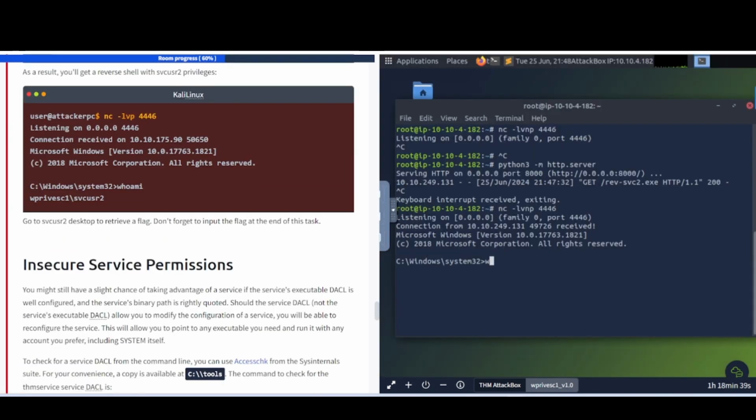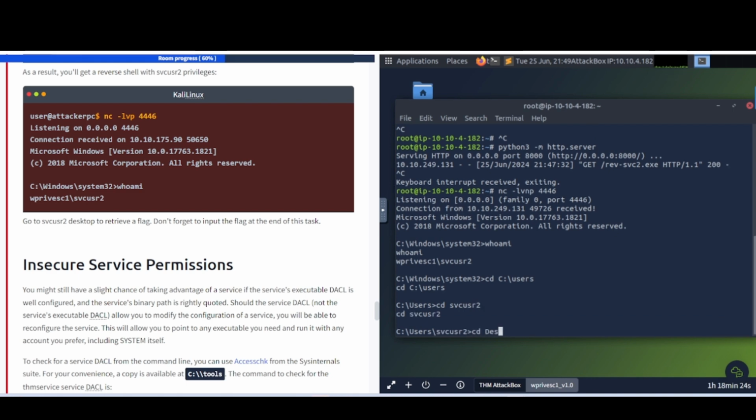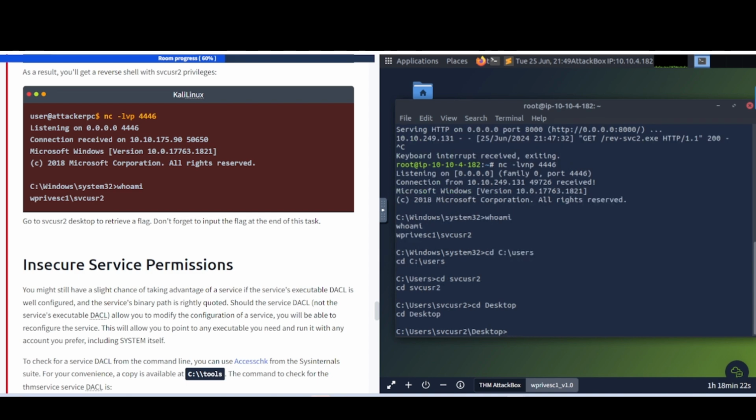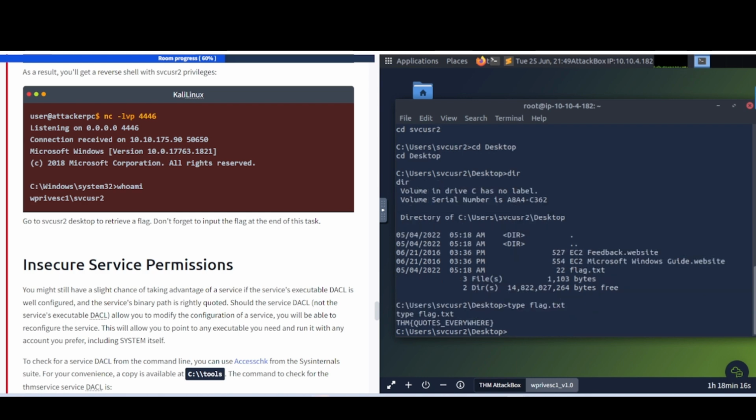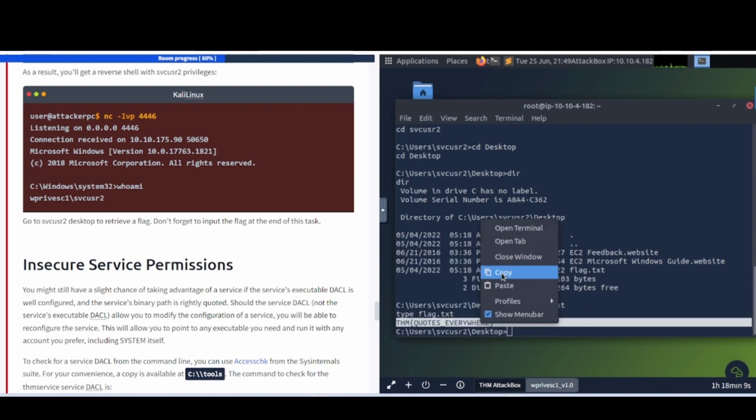There we go. So let's do whoami. Awesome. So let's go ahead and do the same thing here. CD into C and then Users. CD into svc-user2 and then CD into Desktop. Okay, do a dir and then type the flag file, get the contents. There we go. So go ahead and grab this real quick and we can plug it in to the next